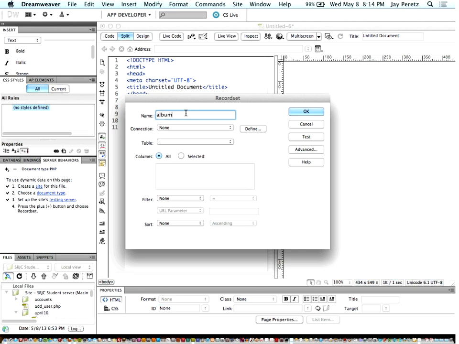So let's call this record set albums. It didn't make sense to do a list of the users because there's only 2 users. So let's just list the albums. We're going to use this database connection. We are going to query the albums table. And we want to get all the data back. We don't want to filter it or sort it. But you see, essentially we're creating an SQL statement here. What table do you want to access? What columns do you want? Do you want any condition? Let's just get